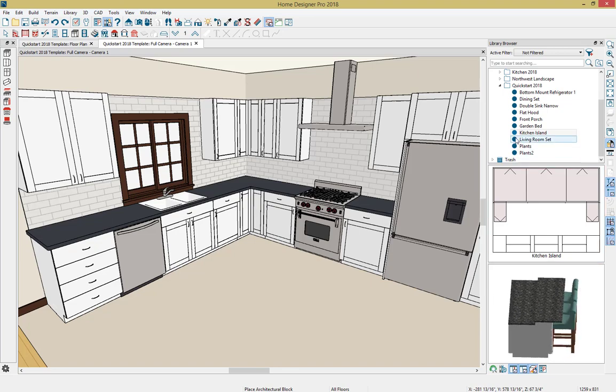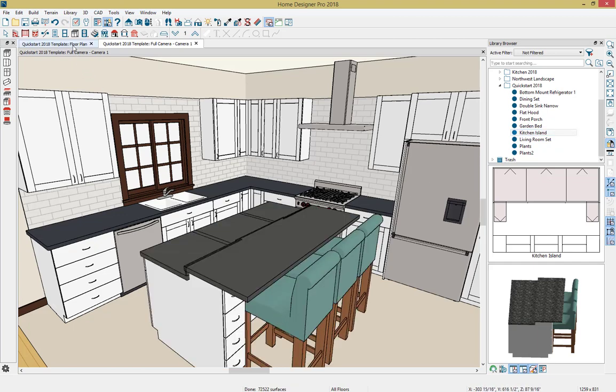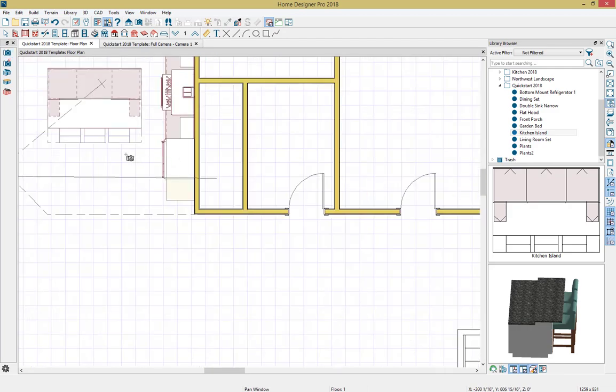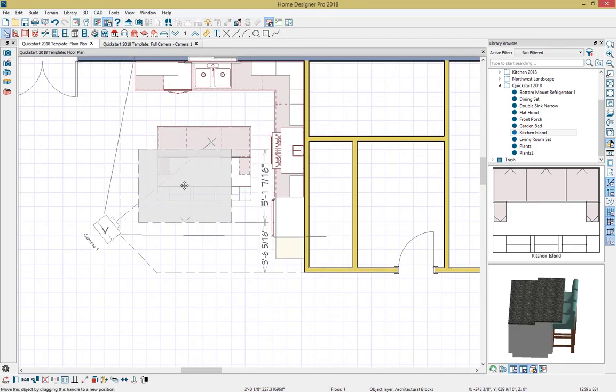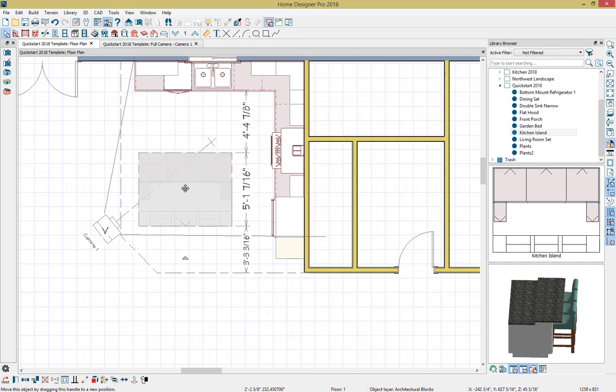So I'm going to select our kitchen island and then just drop it into our plan, and then I'm going to jump over to our floor plan view and then zoom out and press spacebar, select our kitchen island, and then just position it where I want to in our kitchen. And I'm happy with it placed there, so I'm going to go ahead and unblock this,